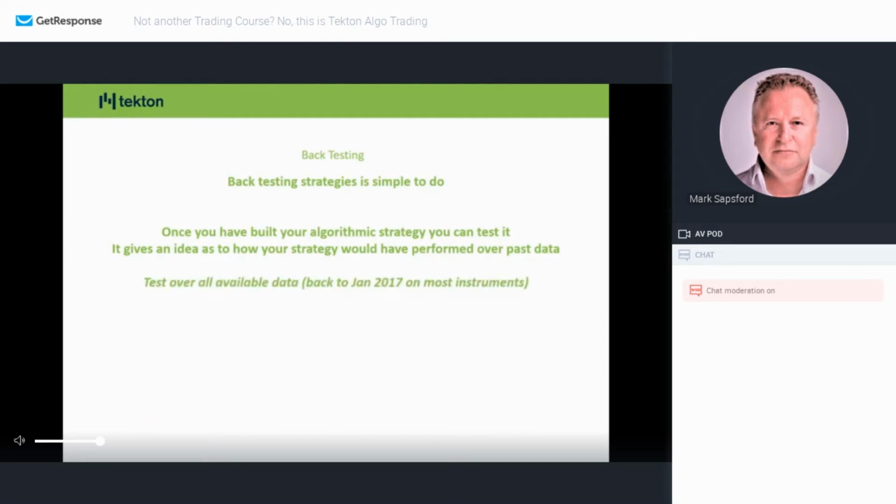When you're backtesting with Tekton, you can test over all available data back to January 2017 on most instruments. Some of them we have less data, or test precisely the date range you want to test, again providing it falls into the data range we have. So if you want to test one specific day or 1 week or 1 month or 1 year or a series of weeks, a series of days, whatever it is, you use the calendar to choose the date range you want to test. It couldn't be simpler. Once you've done that, you press the Run Test button,